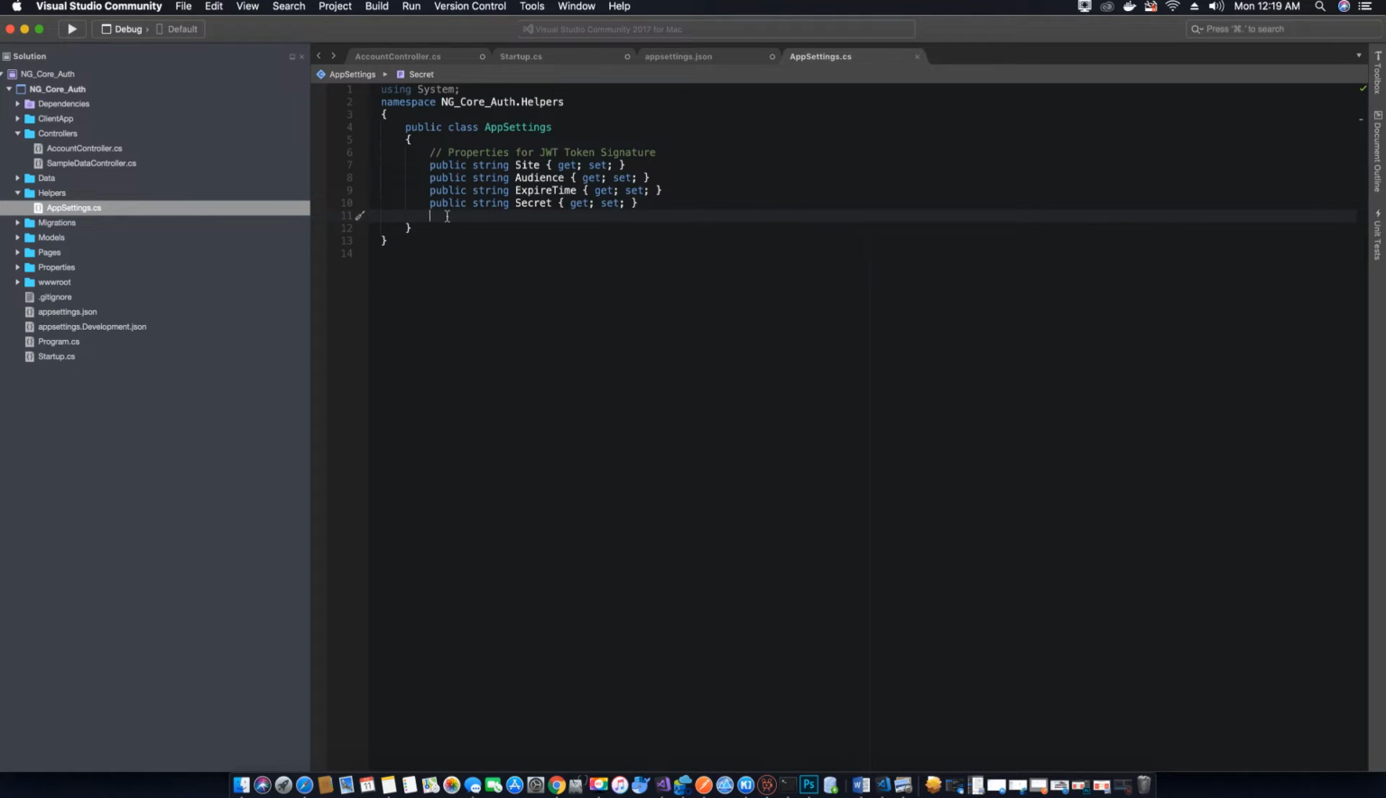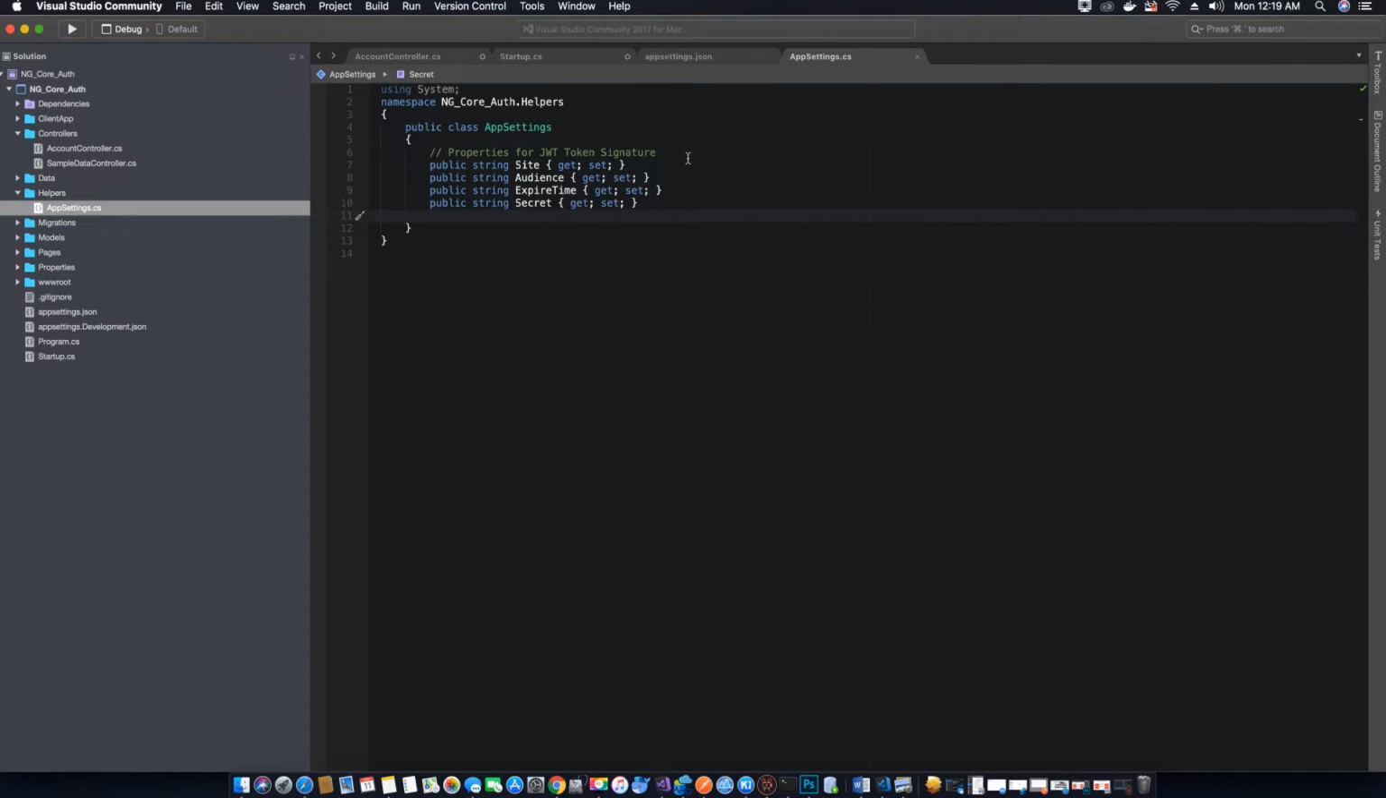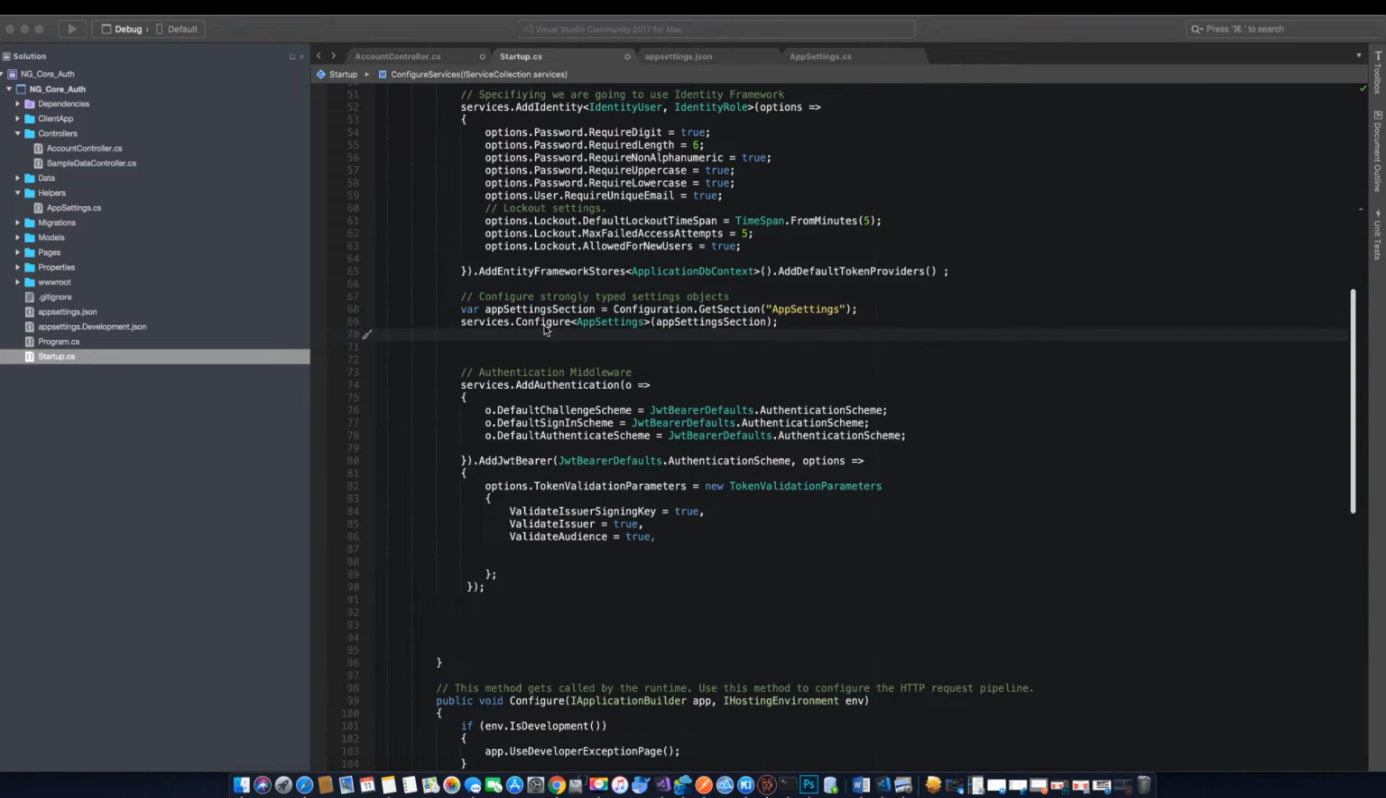If there is no property with that name, it will just ignore it. So you can delete this now. We don't need this. Just to make you aware that if there is no property to map over with the same name, it will just ignore it. So a service has been configured for getting these values from our app settings class,